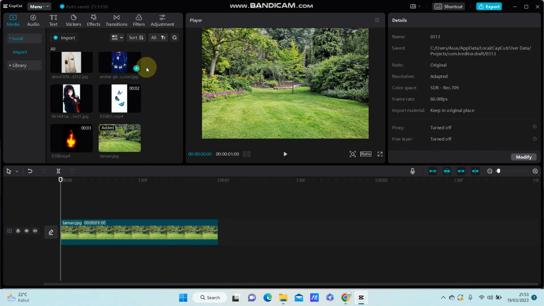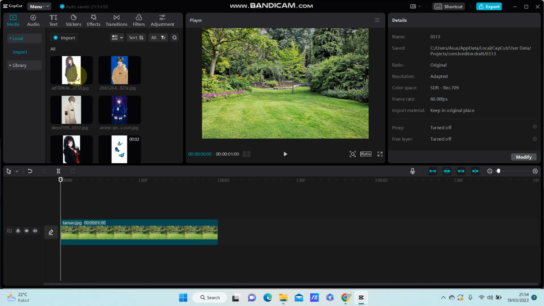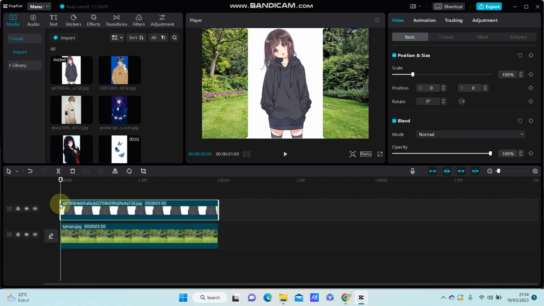So select the photos or videos you want to make as an overlay. I'm going to select the image overlay. So just put on top another clip, and this is the photo overlay. You can remove from the